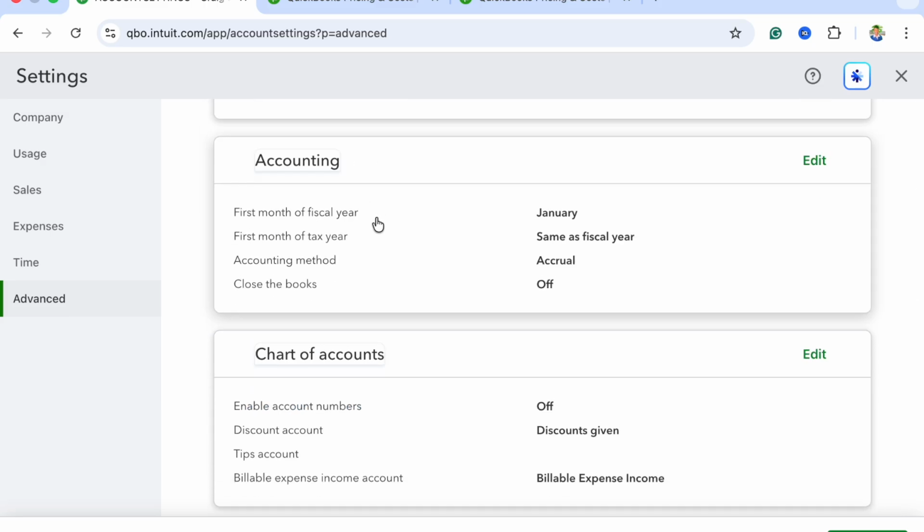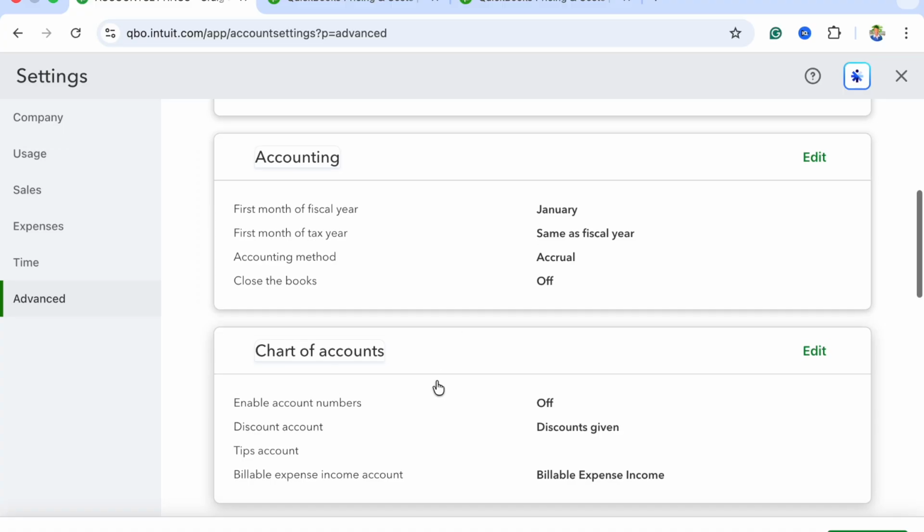When you scroll down a bit now, you see the accounting. This is like your taxes, like what's your tax year? Does your tax year start from January and go all the way down to December? If it starts in April, April one year to April the next year, you will put that in here. And close the books means that if I've said this is a new account, you're not going to close the books. But let's say next year, when you have already paid your taxes for the previous year, this is where you will come to close off the books, so no one can come in and change